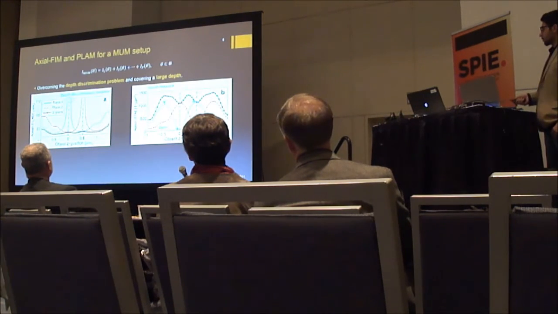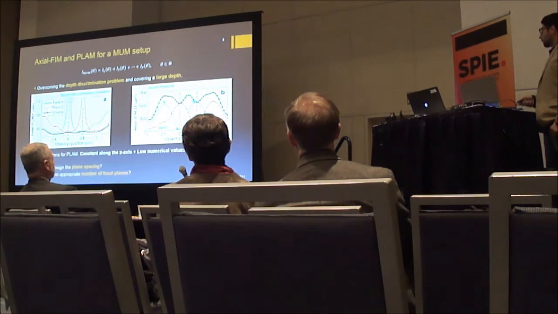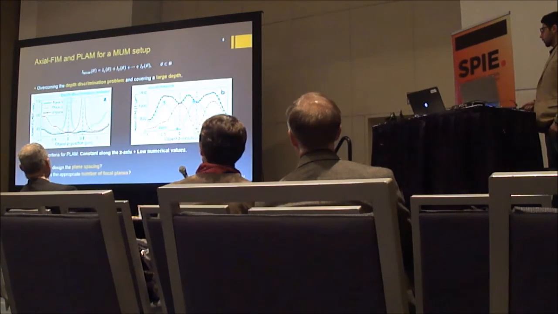So the reason that we get this nice and flat PLAM here is because we can compensate for the 0 of the FIM of the first plane with the peak of the FIM of the second plane. So we somehow maximize the Fisher information matrix, which means that we're minimizing the PLAM. But obviously the flatness of that curve depends on the plane spacing and the number of planes, as I explained before. So next I'm going to talk about those two cases.